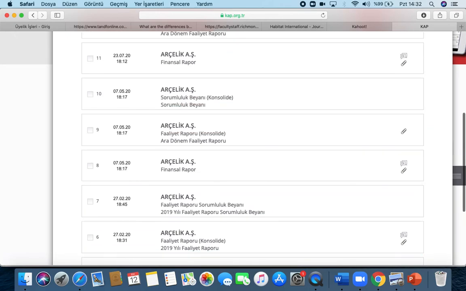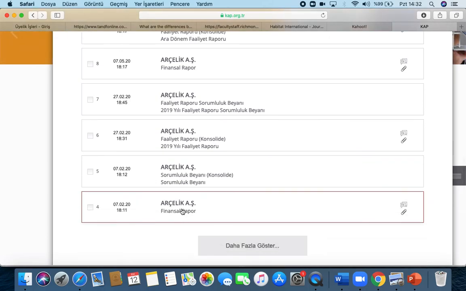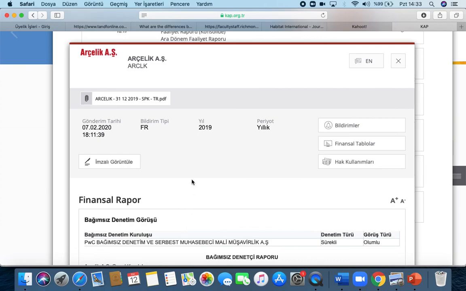These are Turkish. Look, this is the financial report for the year end of 2019. Click on that. Unfortunately, this is Turkish, but if we have time, we would find the English version of it. Of course, I'm going to share some English versions starting from the next week because you have to know the English terminology in order to be successful in the exams and problem sets. But let me open this.